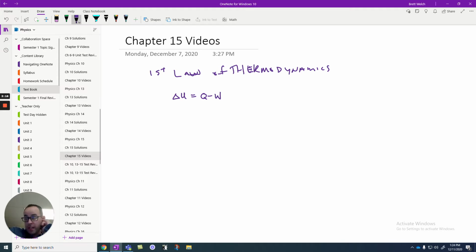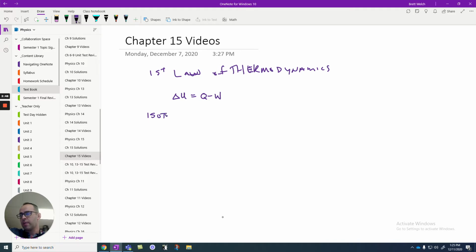So there can be work done by the substance or by the system as opposed to heat energy being put into the system. At the end of the day, these are all measurements of energy, so they're all measured in joules. And depending on the type of reaction or interaction that we're experiencing, we will have different values being held constant in each of those cases. There are three big ones that we're going to talk about. There is a fourth one, but the three that we're really going to talk a lot about are the isos.